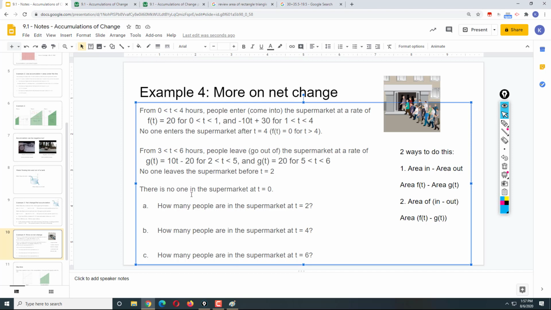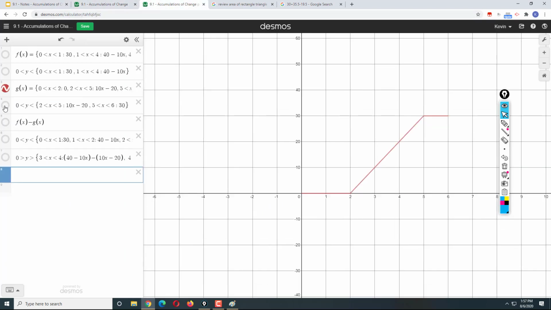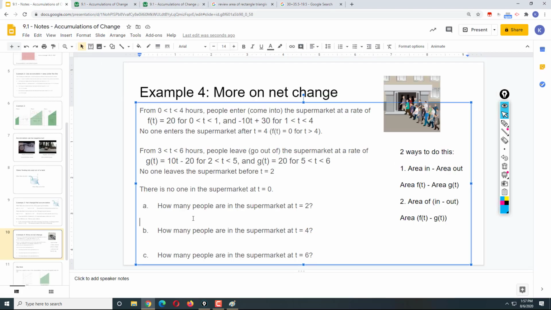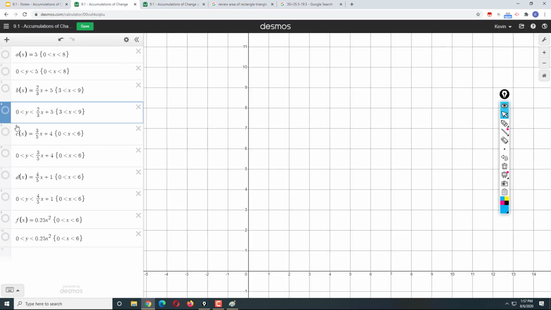How many people are in the supermarket at t equals 2? Well, from 0 to 2, nobody is leaving. Okay. So from 0 less than t less than 2, no one is leaving. So the number of people is just the number of people in, which is equal to the area of f of t, because all we care about is the number of people coming in. No one's leaving in the first 2 hours. What's that area? Well,